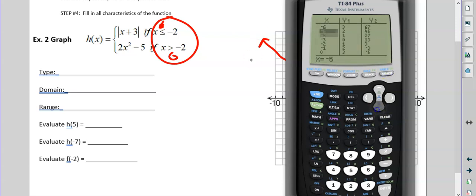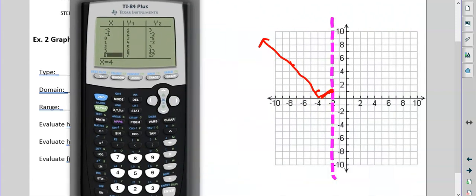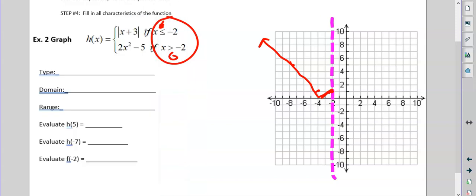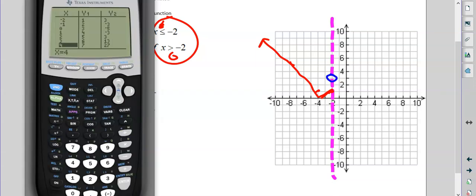So I'm going to put -2 at the top because I don't want -3, I don't want -4. And I put -2, 3. So -2, 3, and it's an open dot. And then I have